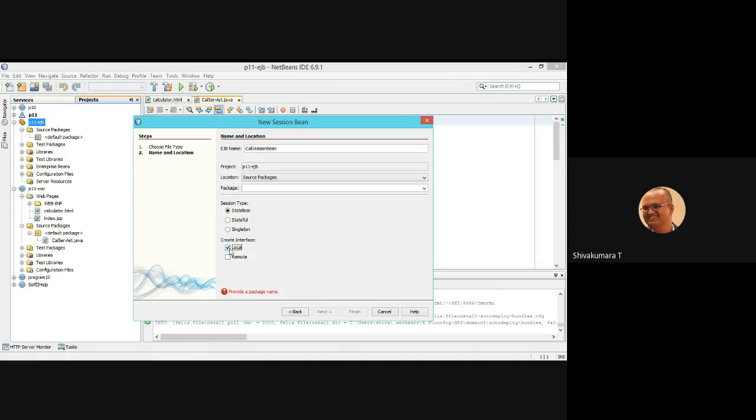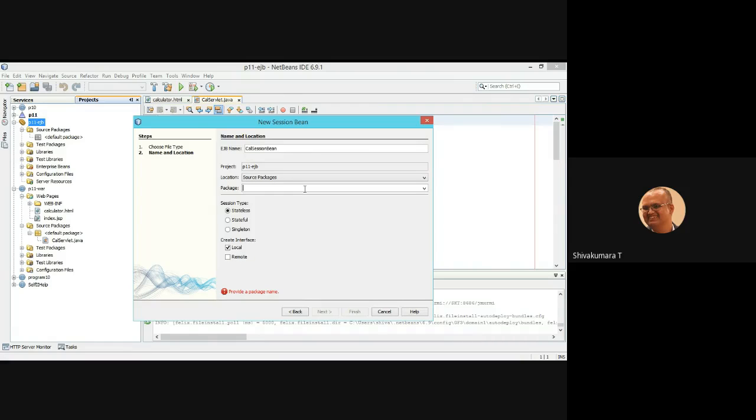Since I am executing this enterprise application from the local host machine, I need a local interface. Suppose you are executing this application from some other machine far away, then you need to define the remote. As of now, I'm not going with remote because I'm not accessing the application through a remote interface. So select the local interface.